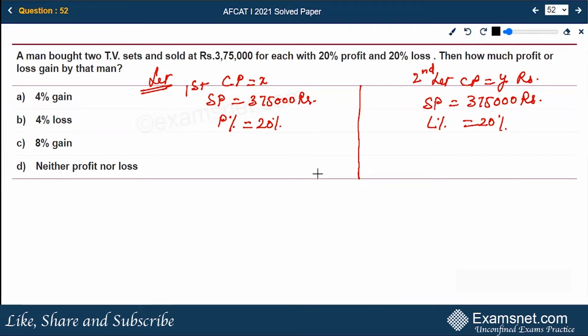Now, according to this question, what will this X be? This X, that is the cost price, is given by the formula selling price into 100 divided by 100 plus profit percent, right? So this becomes